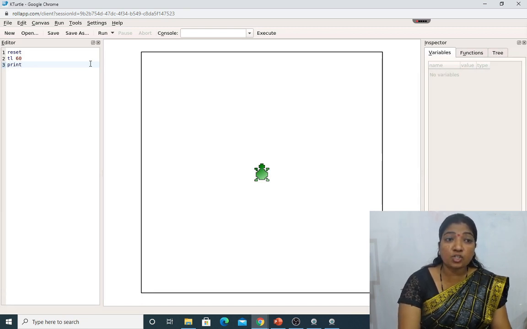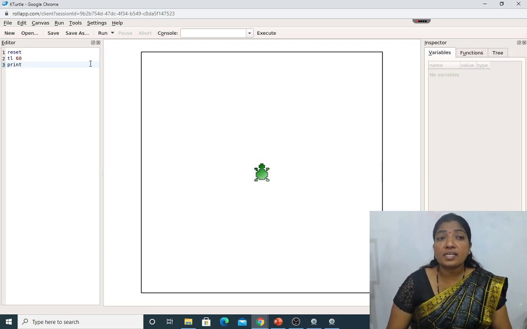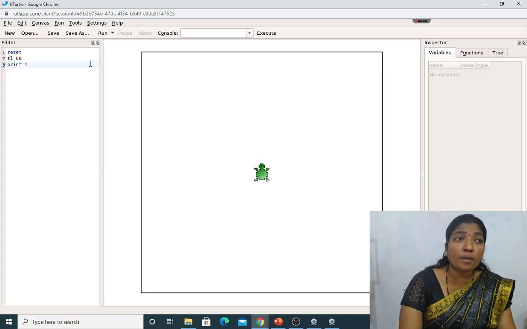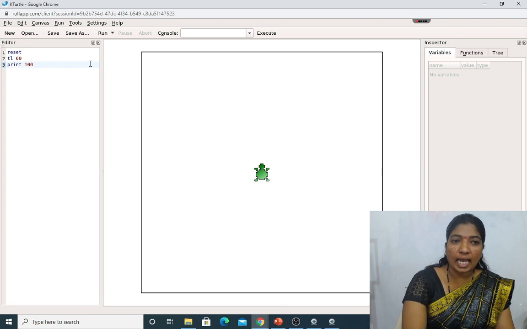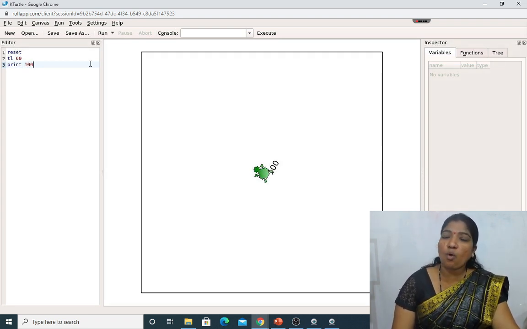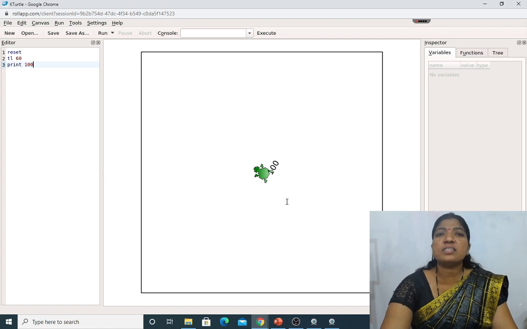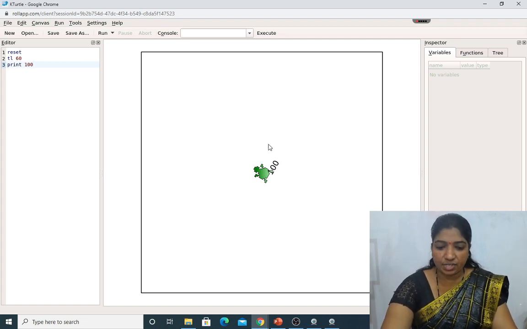Here notice, my dear students, I am writing the text in double apostrophes, whereas for the number I am not making use of any double apostrophes. I am writing it normally and then I will just press the F5 button to run the command. So what actually happens here? The turtle turns to the left side and then it will print 100. This is all about the print command.